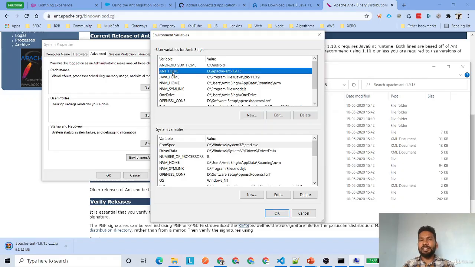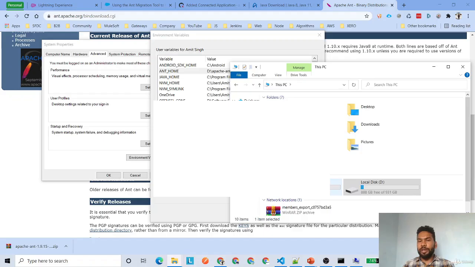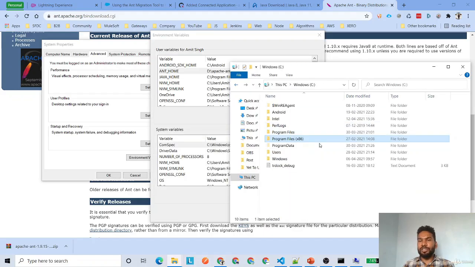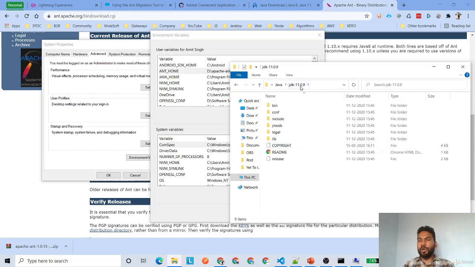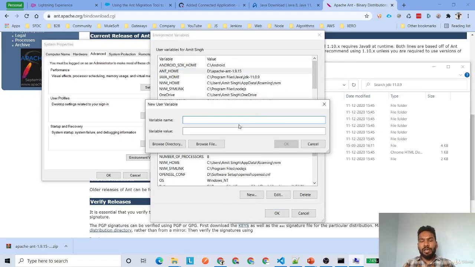Now this is for Ant. We need to do similarly for Java as well. So for this, we will get back to our C drive, go under Program Files where you will find your Java. It is under Program Files, Java, JDK 11.0.9. Copy the path, get back to your environment variables, and click on new. This time give the name as JAVA_HOME, then give the path